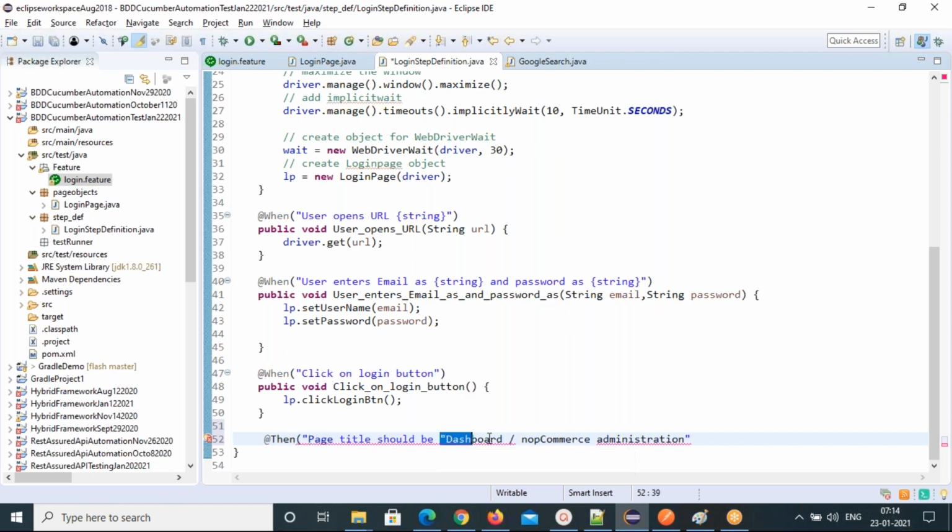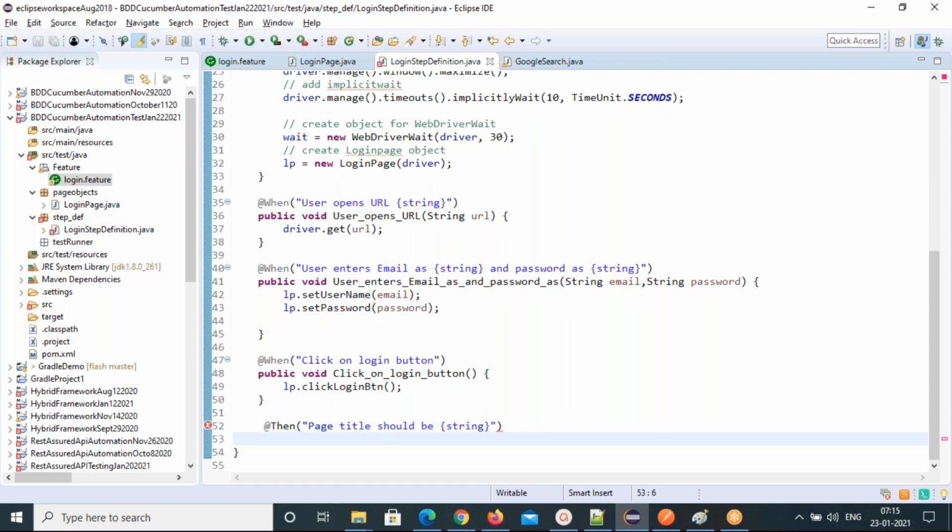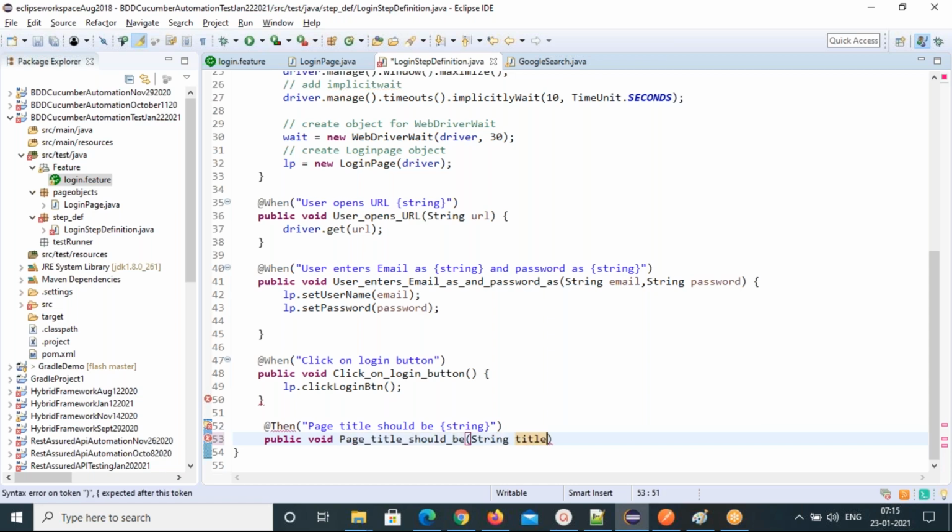This one we need to put in the curly braces. Just put a string. That's it, and then close the bracket. So public void, provide the page title. Just copy this. That's your method name, or you can give a different name also. It's not necessary to give the same name. Your method name could be anything, but make sure you give a relevant method name.